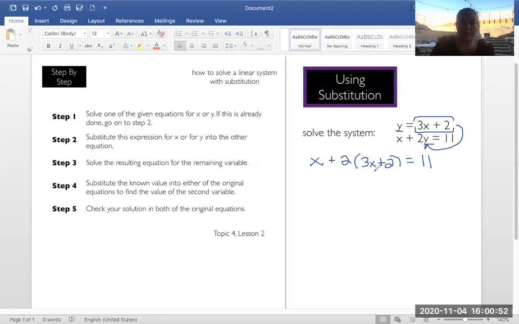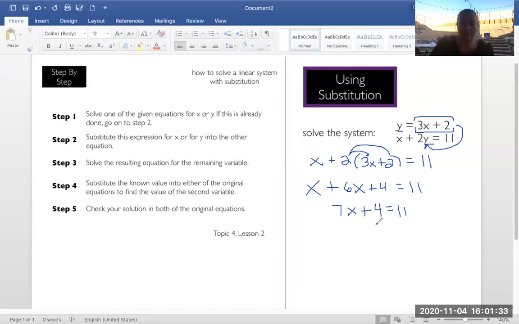Notice that we only have one variable left to solve for, which means we're going to get the exact value for what that variable equals. And in this case, it's x. So we're going to have x plus 2 times 3x is 6x. And 2 times 2 is positive 4. All of that equals 11. Look to see if you can combine any like terms. And you can. You have x plus 6x. That gives you 7x, plus 4